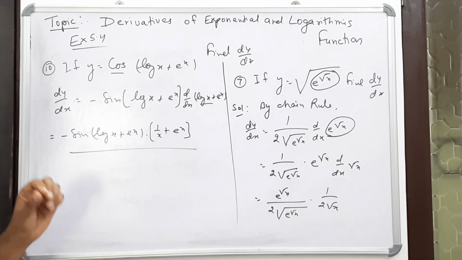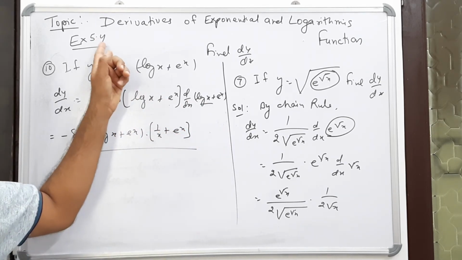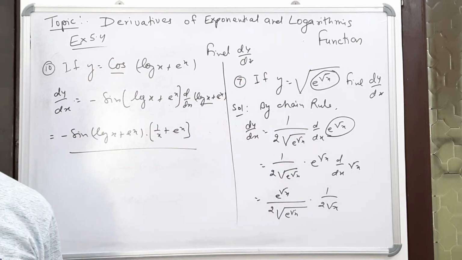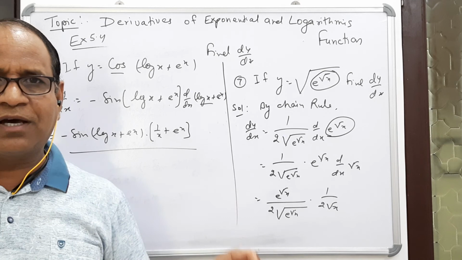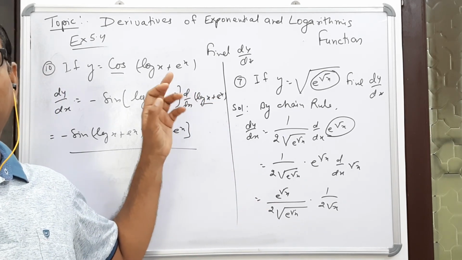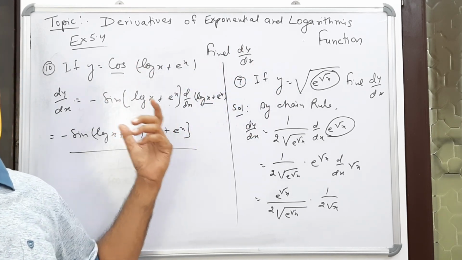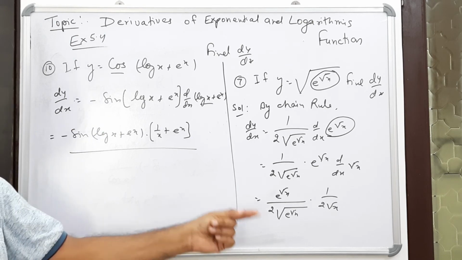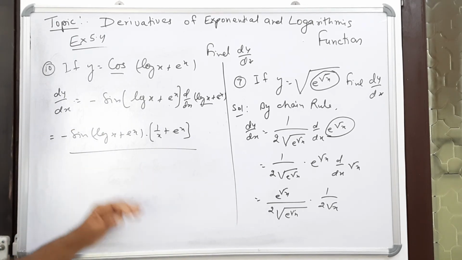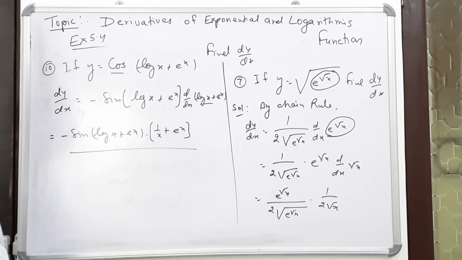So that is the meaning of the chain rule, although these sums are related to exercise 5.2. But why are these types of sums given separately in exercise 5.4? Because here logarithmic and exponential functions are involved. So I hope you all understood this. It is part of the chain rule only. Do more practice of this part, because this will give you the proper basics of the derivative.